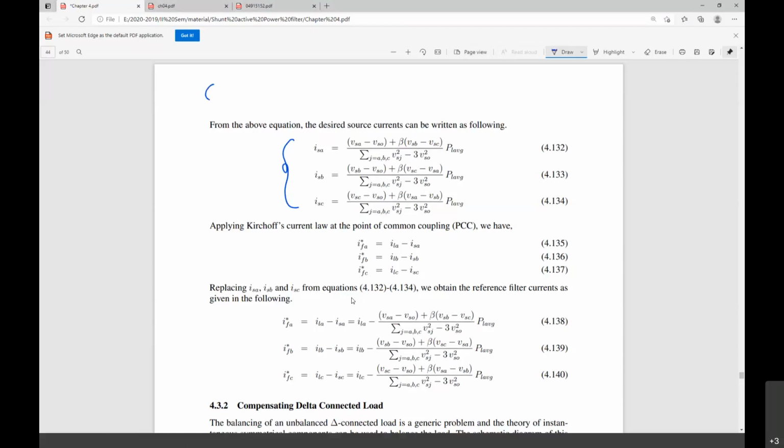With respect to this, we have the source over here. This is is, and this is the load iL, and this particular is the compensator, maybe iF. They were trying to generate these currents by using the instantaneous symmetrical component theory, considering that the source current quality is to be improved. One of the equations is one of the objectives to be attained when you have a compensator.